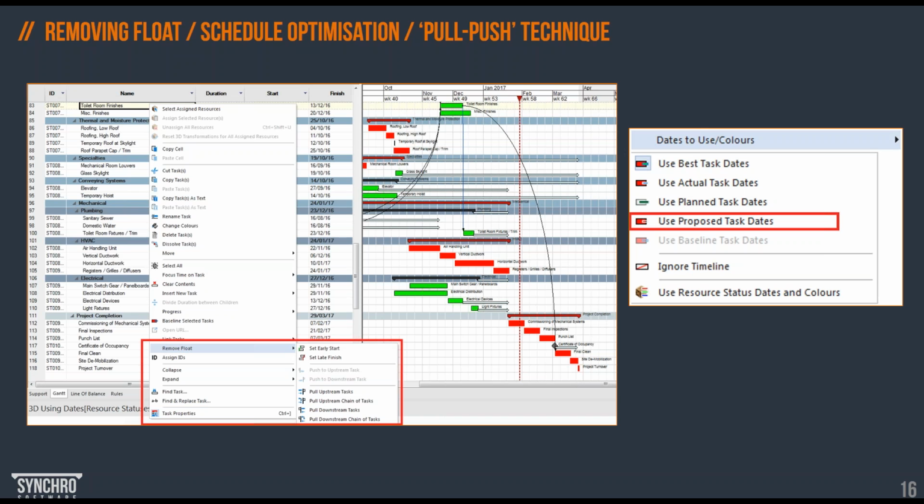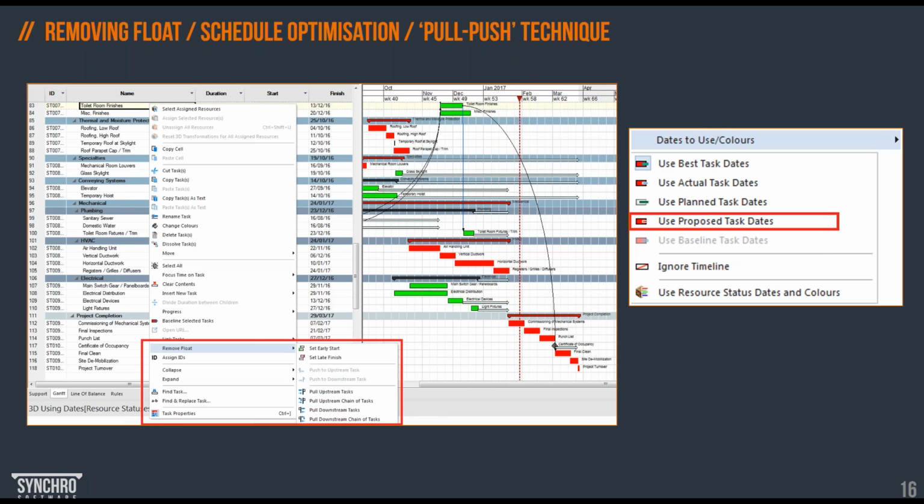So if there's enough float in a logic chain, the user can decide to use the Pull/Push technique that will remove that float, that will move the task either upstream or downstream, allowing further optimization in the resource flow. This can be done by moving a single task or the whole chain of tasks. And this technique is one of the lean planning practices that considers time, float, and resource flow.